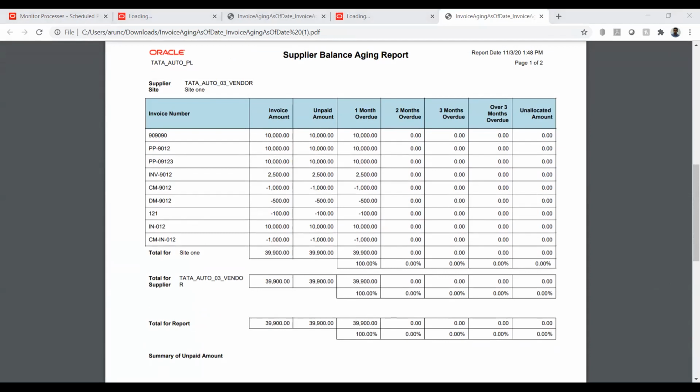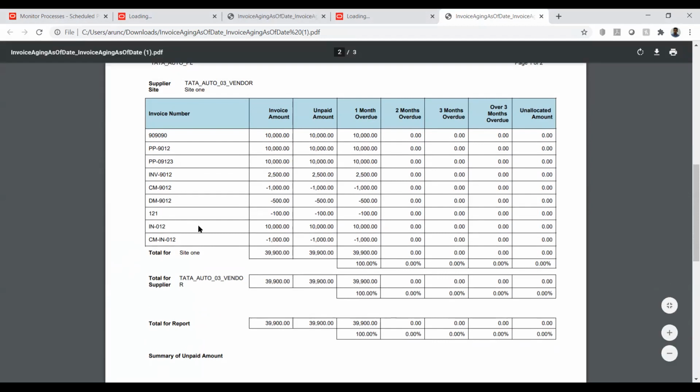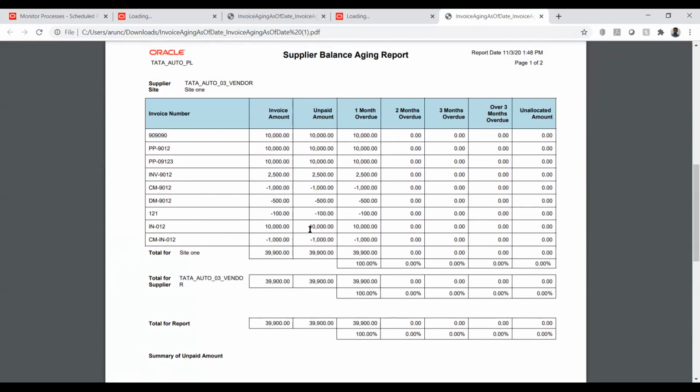Our invoices. The IN012, right? That's the one. Yeah, correct. That's 10,000 and minus. So tell me something. When we give, you're giving a credit memo as a negative amount, and you're giving a debit memo as a negative amount. So every time it'll only subtract, right? How do you know whether it is adding? No, this will not add. This will only subtract, both debit and credit?